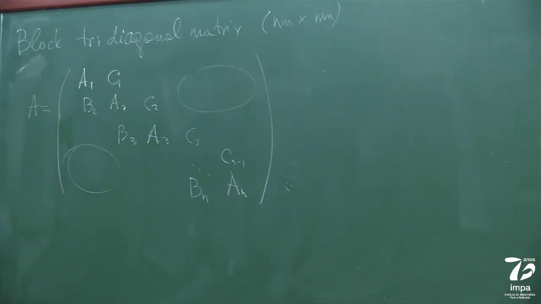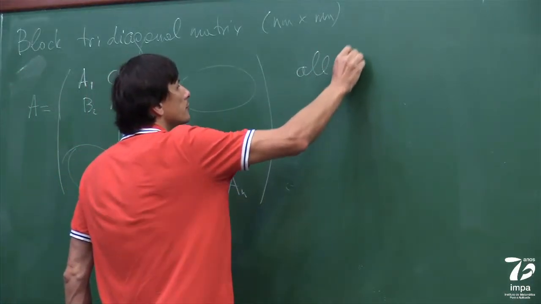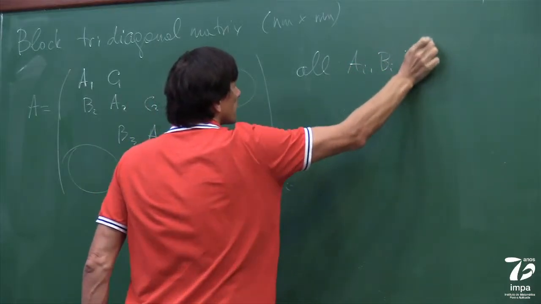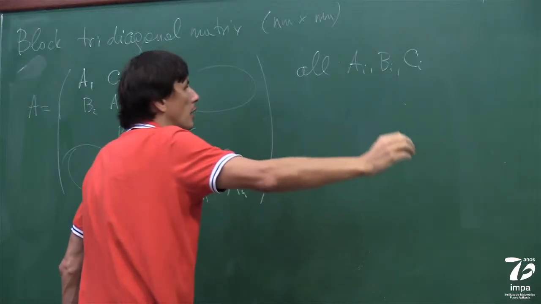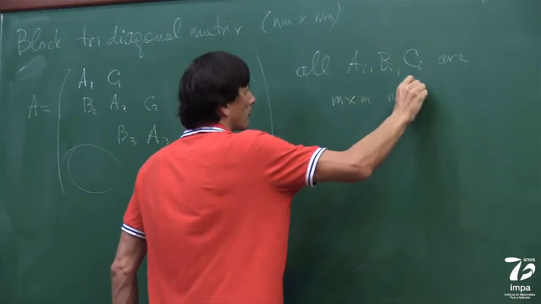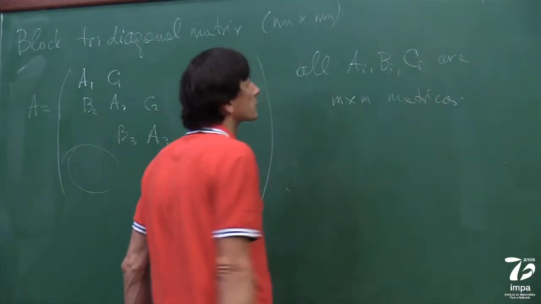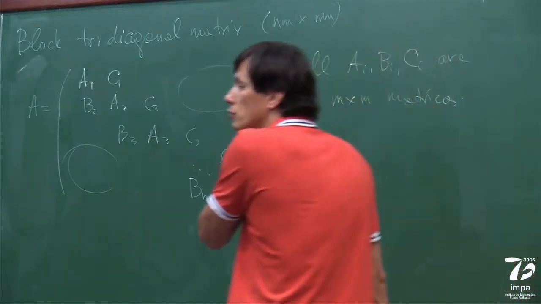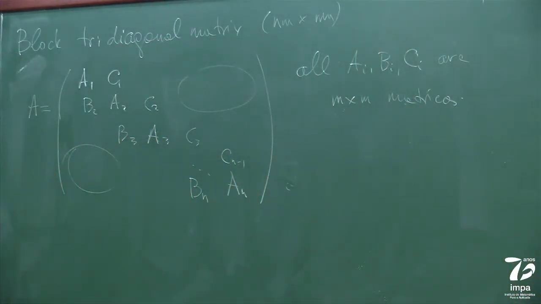So just similar to the three-diagonal, but now all of these three-diagonal components are matrices. So this is just a more general form of the three-diagonal matrix, also very typical for applications. And it's good for you to know that this also can be solved in a very optimal way, just directly